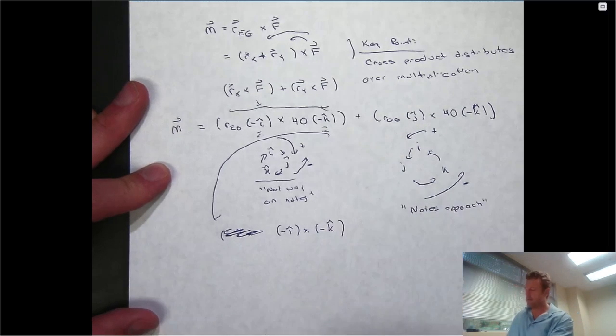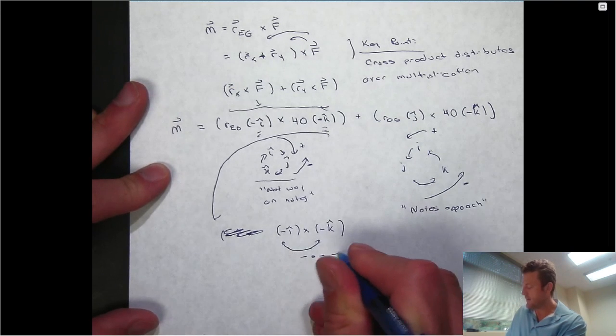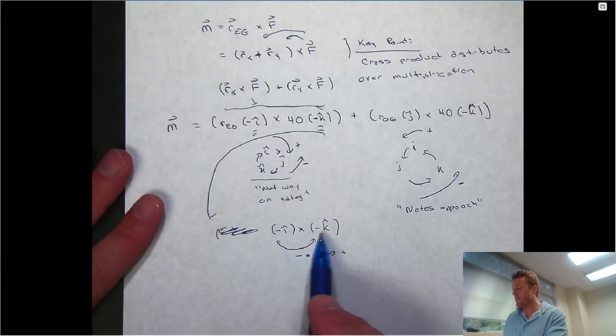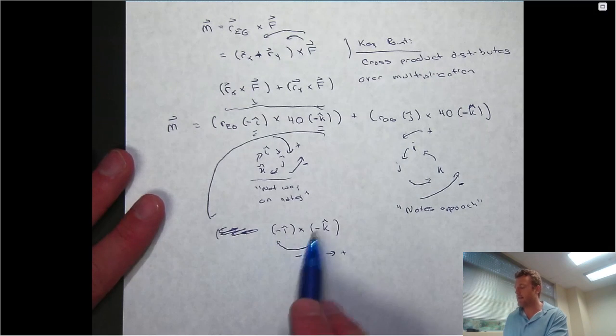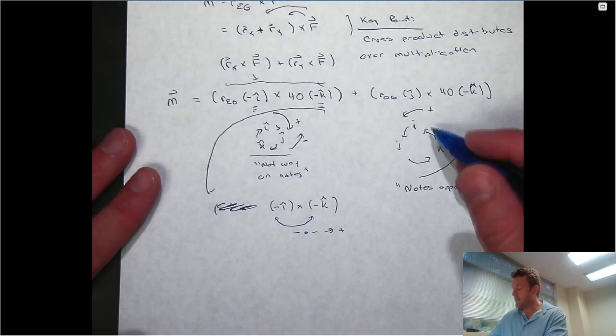Well, the key thing to know when you're taking these cross products is you can kind of view the minus times minus as just generating a plus, just like standard addition. Don't worry about why that works. You can prove it to yourself geometrically if you want. Just notice that minus i hat cross minus k hat is the same thing as i hat cross k hat. And in order to compute what i hat cross k hat is,